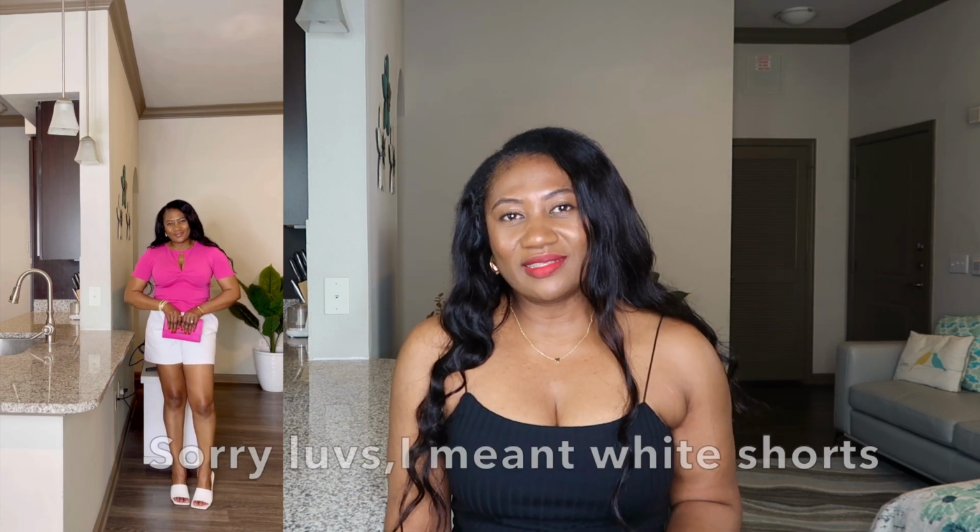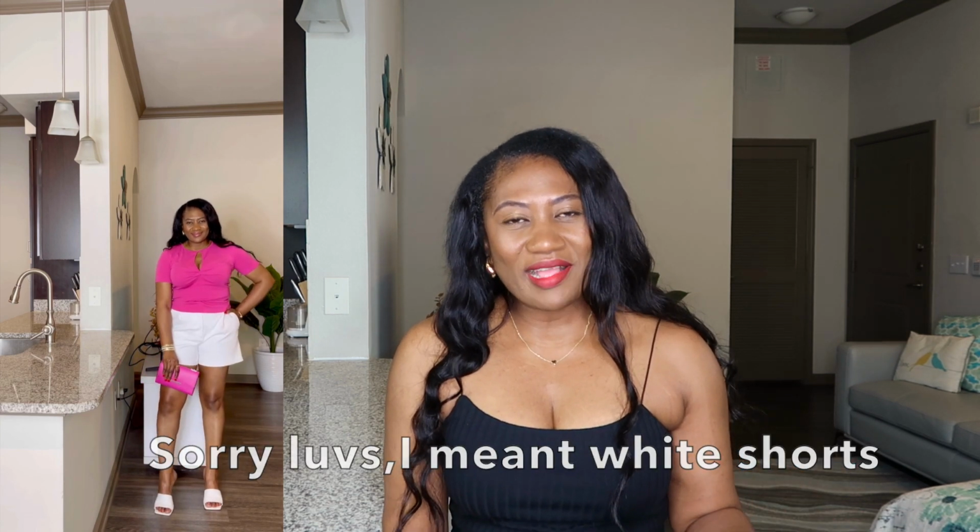I went ahead and I styled this top with my Zara white pants that I got this summer. I just wanted, you know, it's Barbie season. I was going for that pink Barbie look. So I added my clutch bag in the color pink, and I'm also wearing some white heels, just simple, very breezy looking outfit that you can just go for lunch, have drinks in the